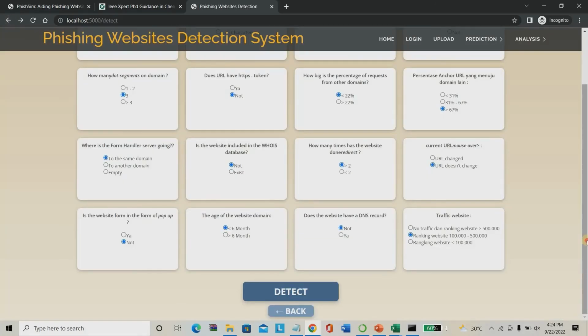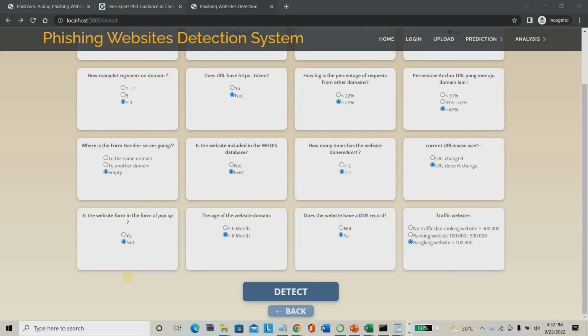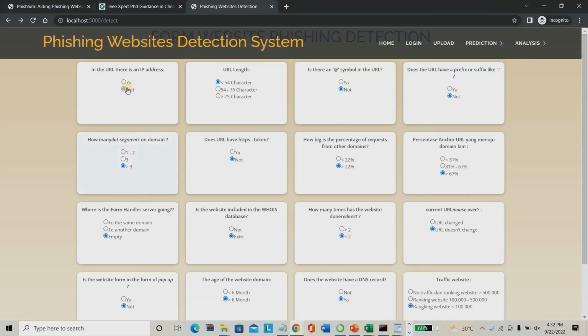You can check multiple websites with this mechanism. I'm giving one more for checking purposes. I'm giving no IP address available, symbol is present, website URL length more than 54, and it has prefix suffix format.